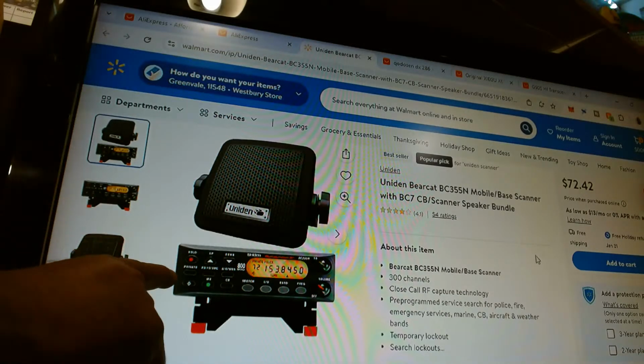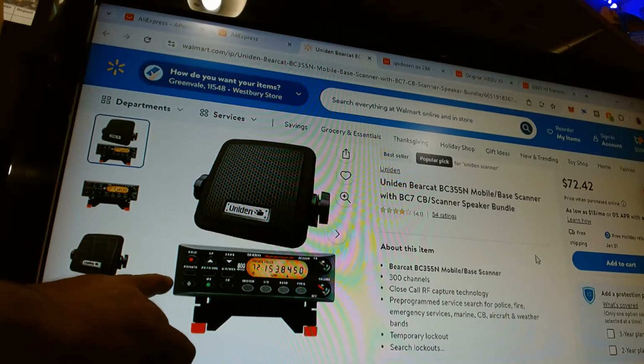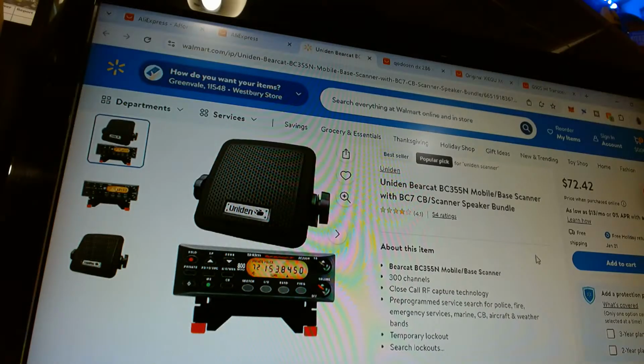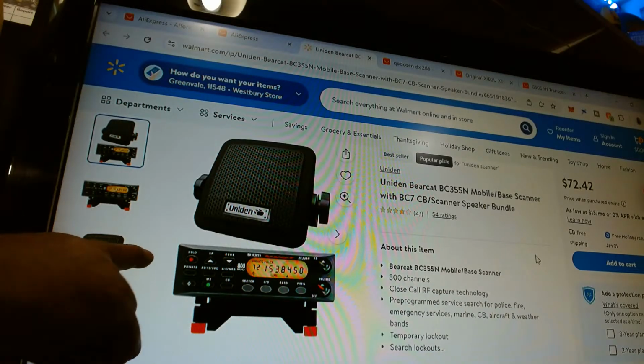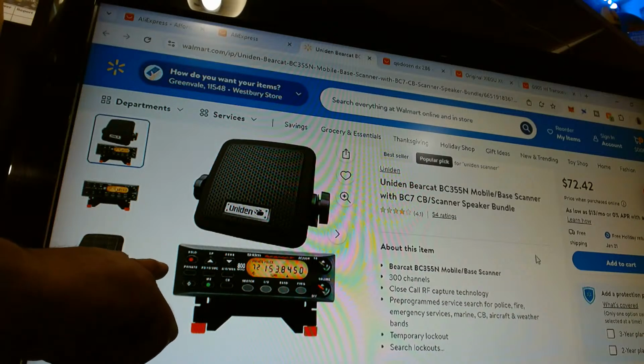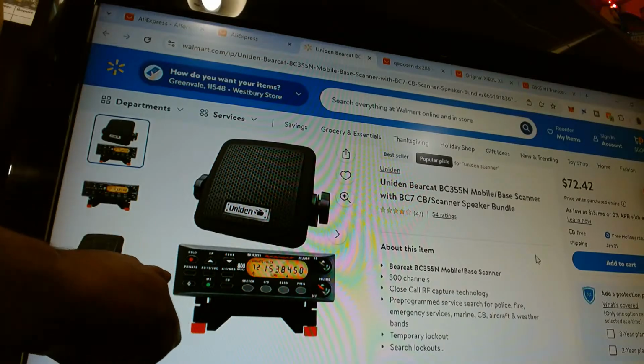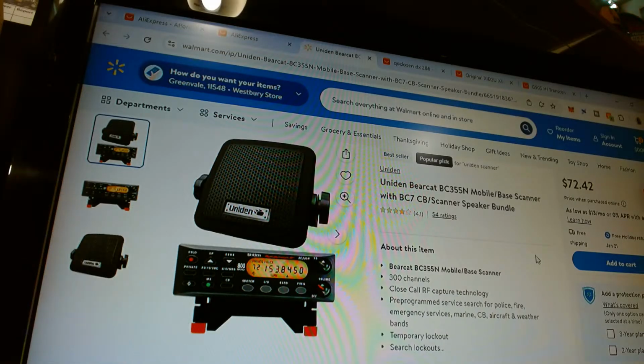So that scanner is a very good scanner for the price. Don't underestimate the size of that scanner. If I'm going to give it a top five, if I want to say top five scanners of all time, that has to be in the top five. Ever. Of any scanner, top five, in my books. That scanner right there.